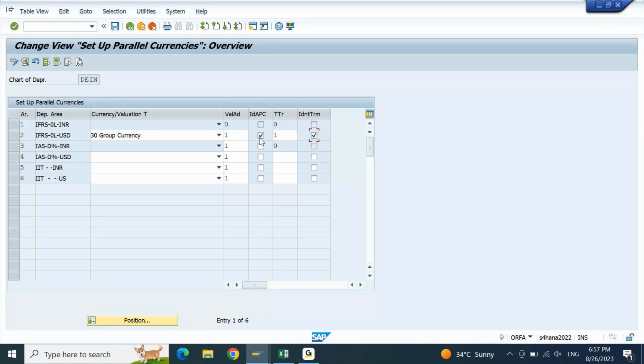When I put a tick mark, I am representing that this cannot be edited. Whatever you put for INR will be copied into dollar. That is what I represent here. The value will be determined from this. If you press F1,